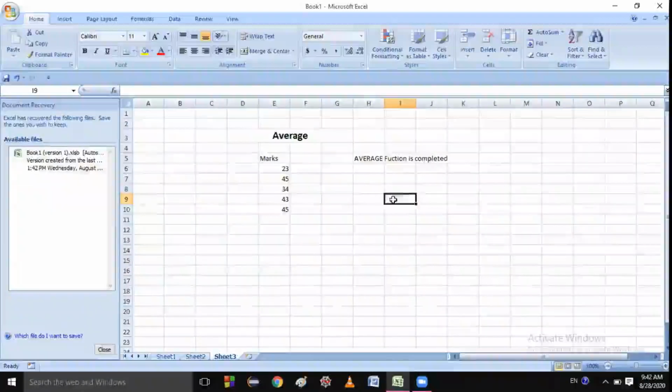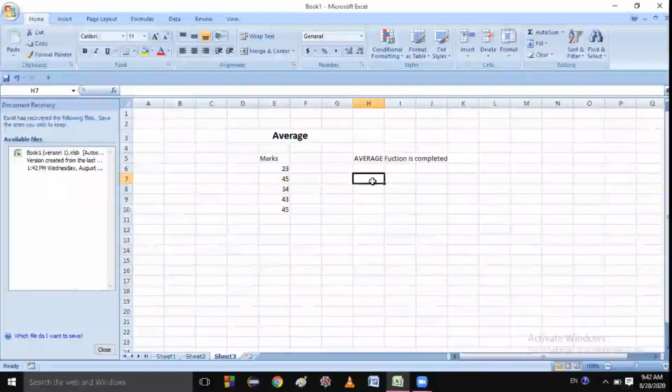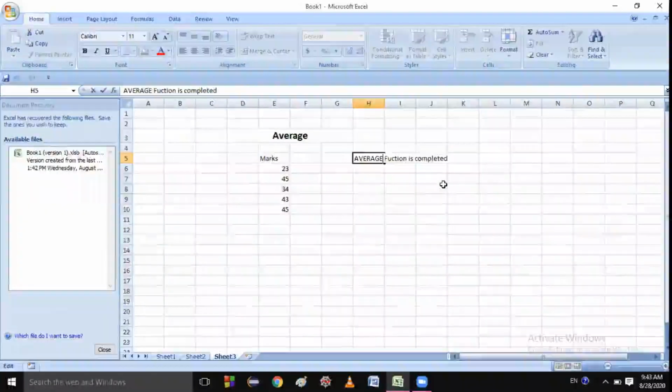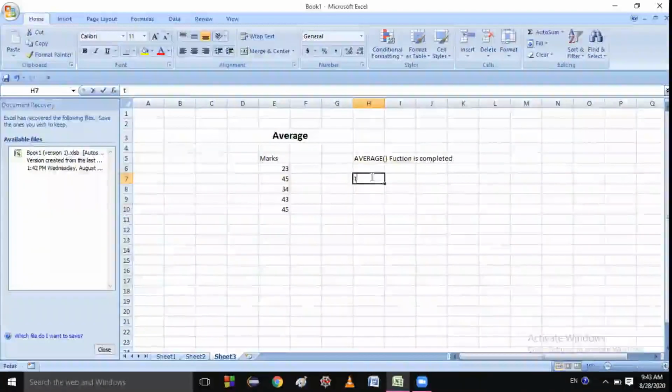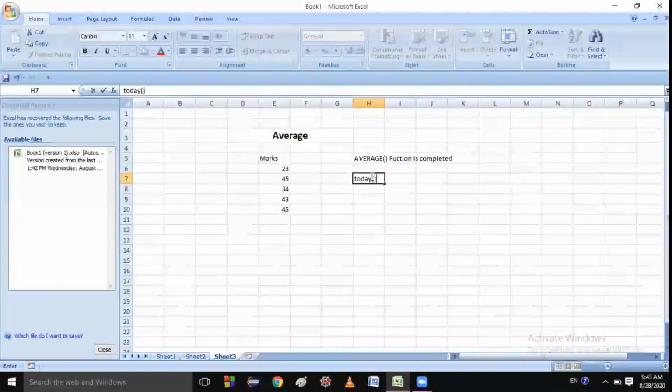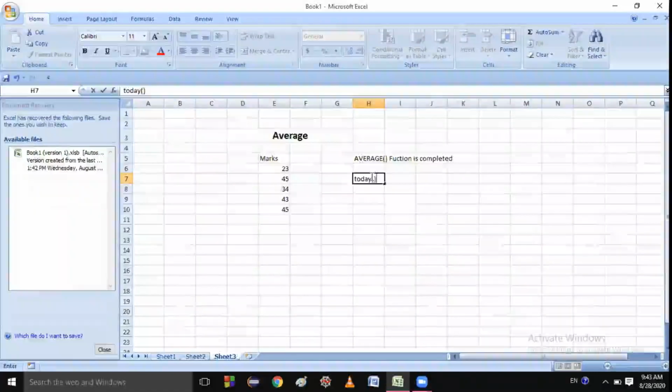Next function, students, is the TODAY function. What does this function do?